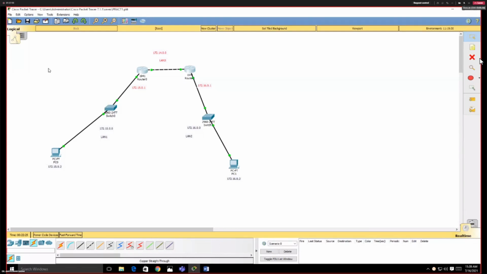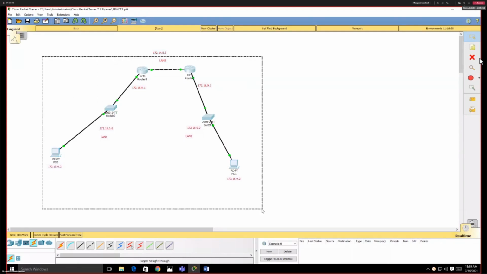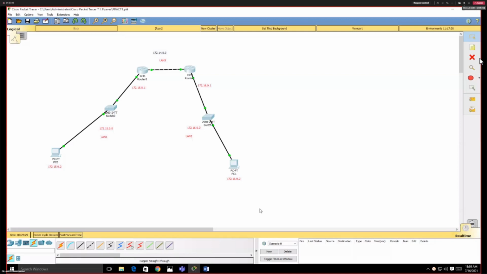You just try to implement the topology with one router, try to execute, try to send and receive data. You will be able to send and receive data because no additional configuration is required in the router if there is only one router available. But if 2 routers are available, additional configuration is required, and that configuration is known as routing. So we'll do the routing in the next lab.